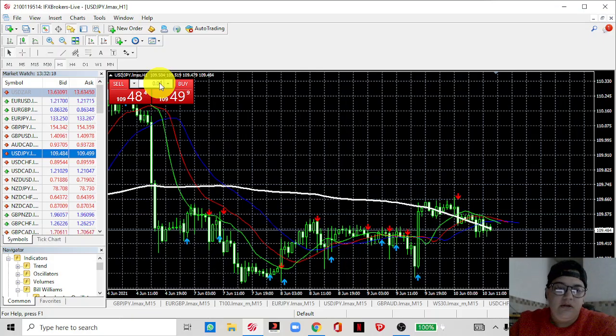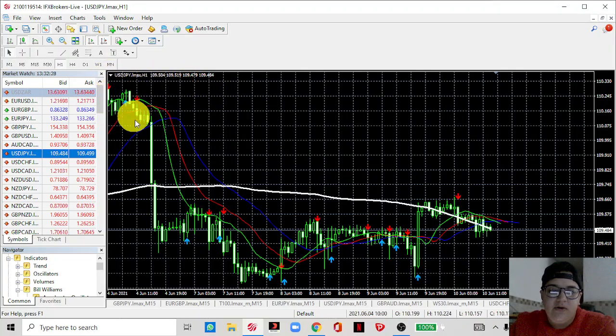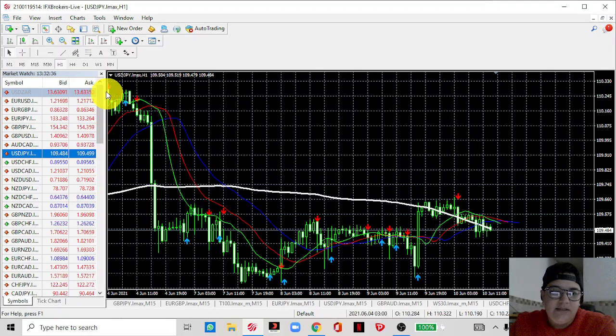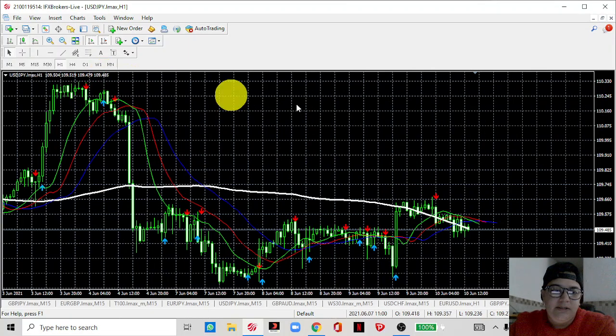And type in your own lot size over there. Then you can click on buy to buy the pair or sell to sell the pair. If you want to get rid of the box, you just go ahead and click on that little arrow again. And if you don't want to see these things on the side, all you do is you go ahead and click the X, and you click the X, and you will have your full chart